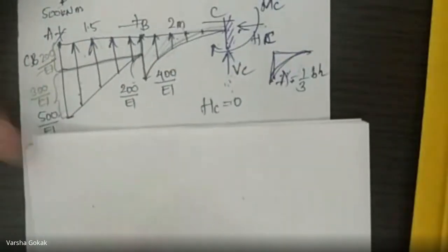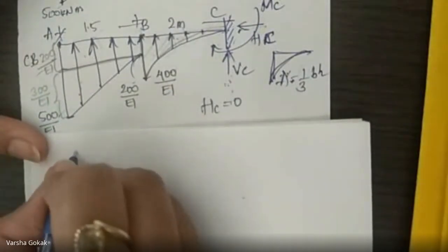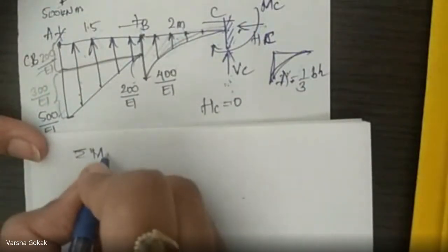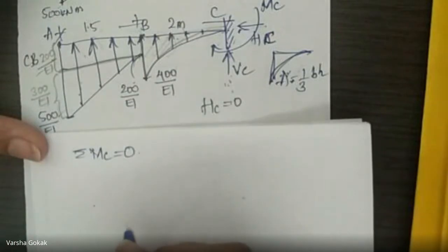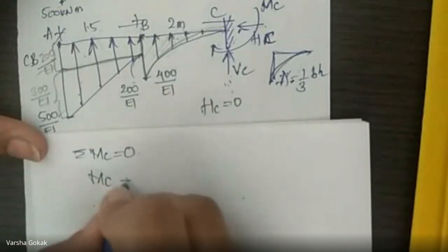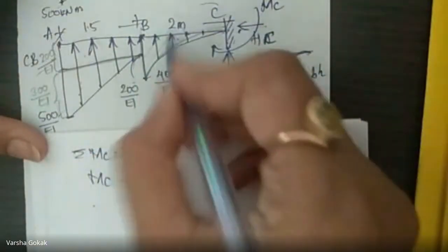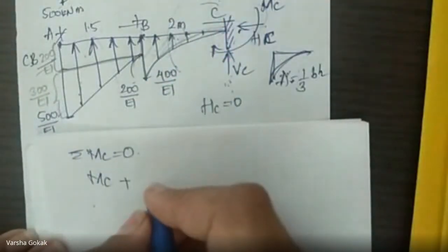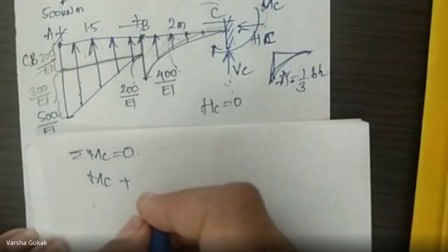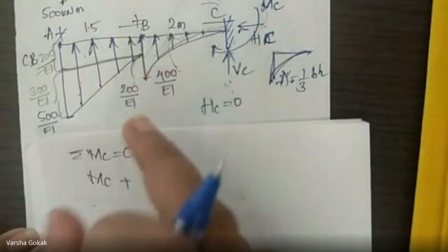So I'll keep this diagram here so that we can write the moment equation now. So let us take moment. Summation of moment at C equal to 0. This is clockwise rotation, what I've shown for the reactions, so that is MC positive, right? Then this all will go anticlockwise. No, this is also clockwise. This is also clockwise. All will go positive only. Positive or negative? It depends on where we take the moment.